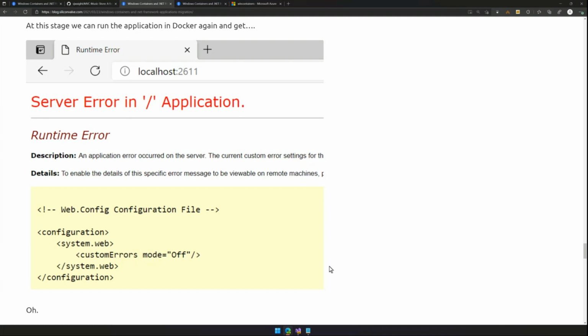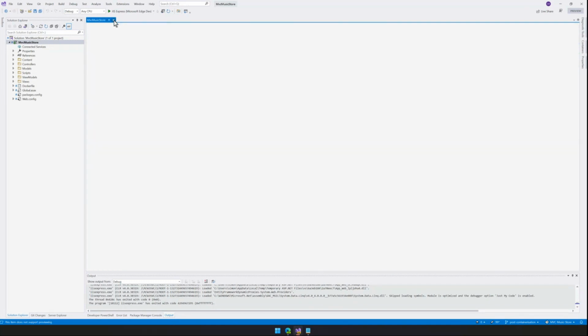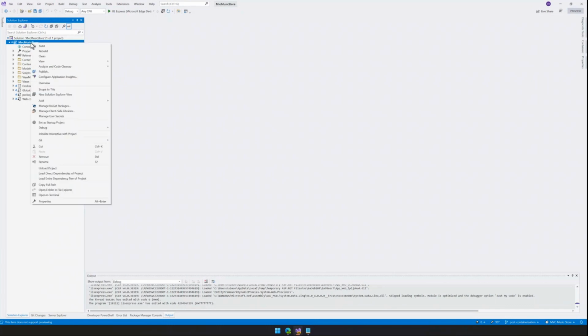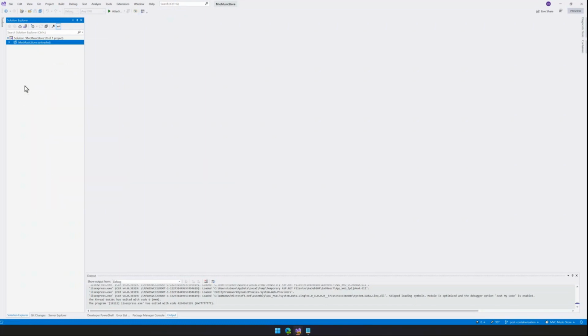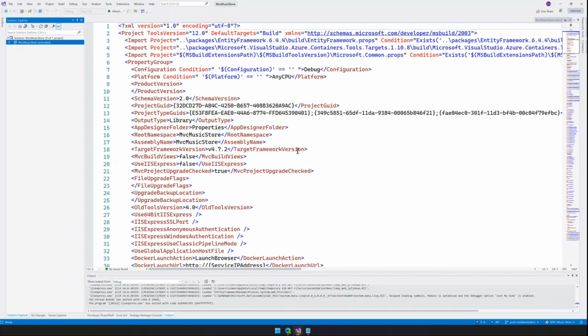And we need to be able to fix this so that we can actually debug our containers inside of Visual Studio. Otherwise, we're kind of dead in the water with this new way of doing containerized applications and using the environment variable here. So I'm going to do two things. I'm going to close the config file, and I'm going to come over here to the music store. I'm actually going to unload this. Where are we? Unload project. And then it now gives me the view. And let's just zoom in here a bit.